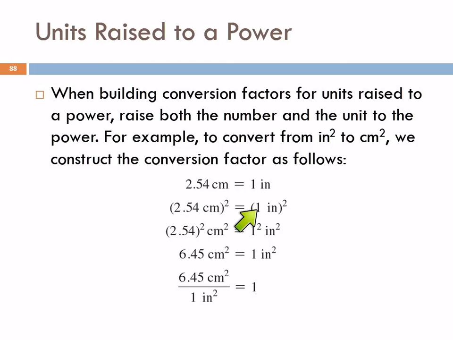If we square both sides, that's still equal. 2.54 centimeters, the quantity squared is 2.54 squared times centimeters squared. Over here, this is 1 squared times inches squared. Well, 1 squared is just 1. That's easy. So we have 1 inch squared is equal to